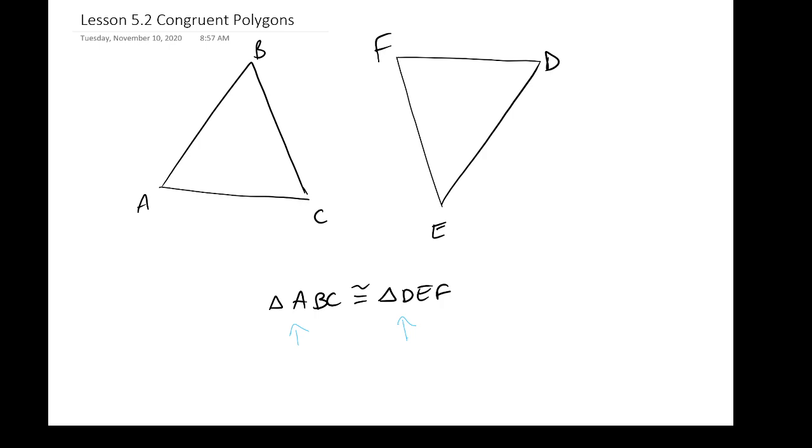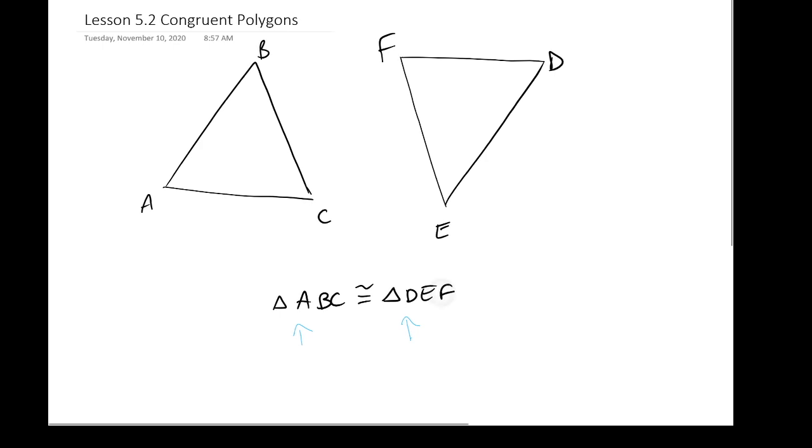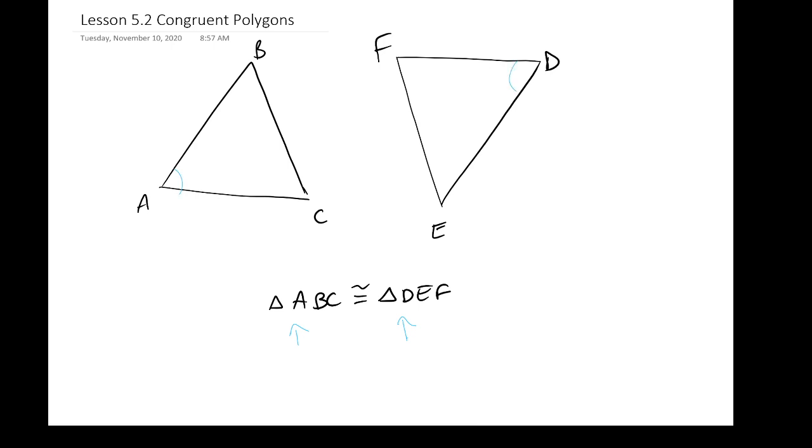Because A is the first letter and D is the first letter listed in these polygons, these two are going to be congruent. Moreover, B is the second, E is the second, right? Therefore, those are going to be congruent. And last but not least, C and F, being the last of the vertices that are listed there, are going to be